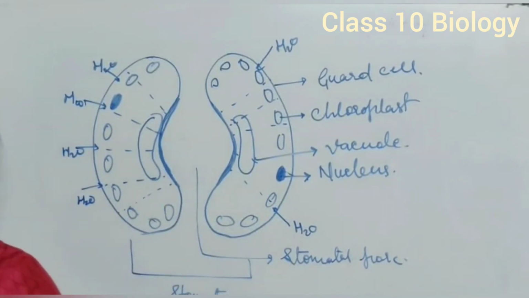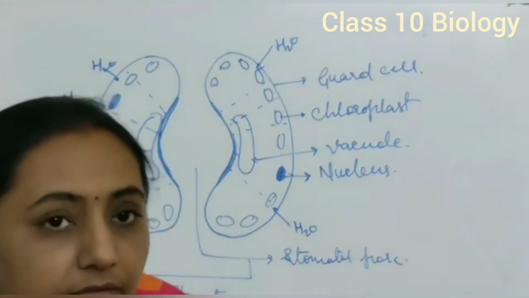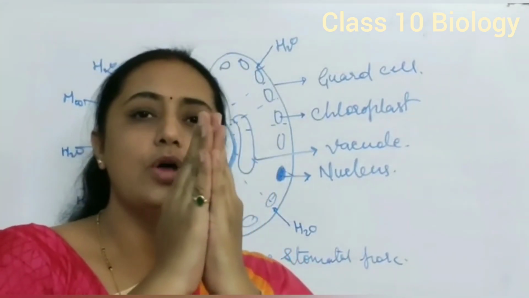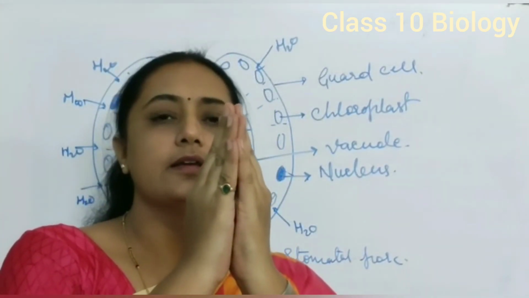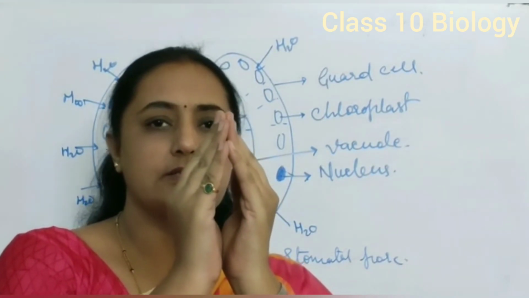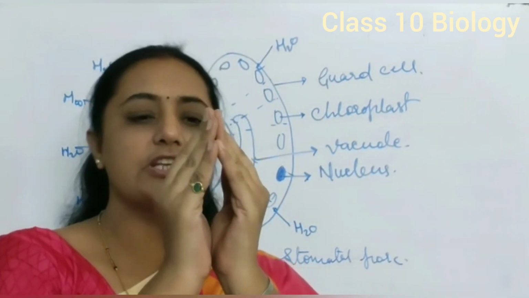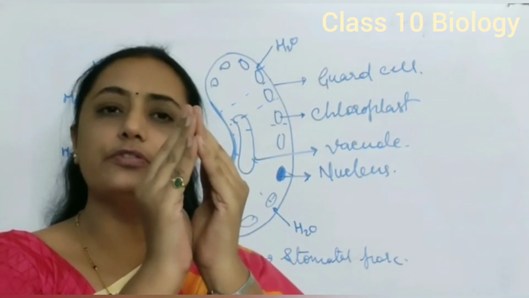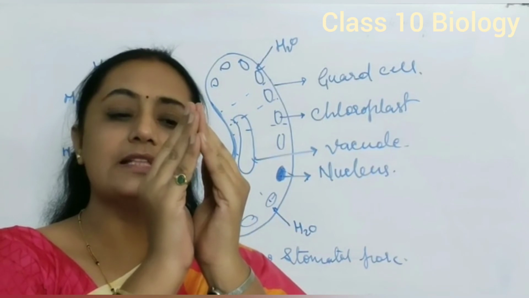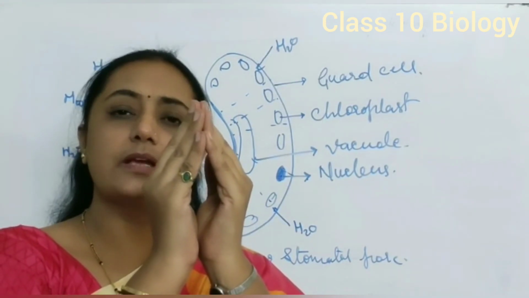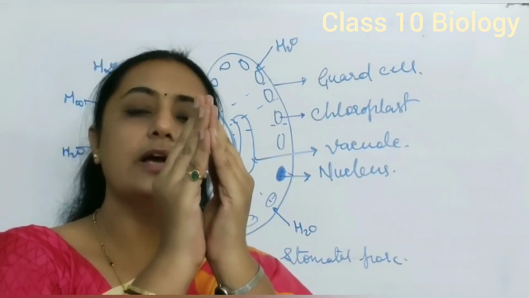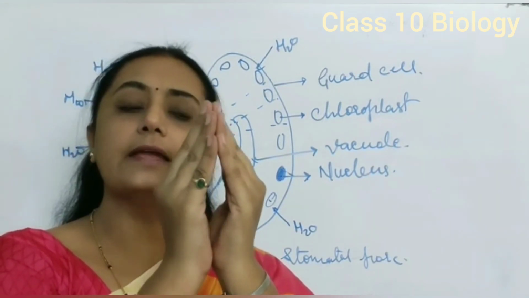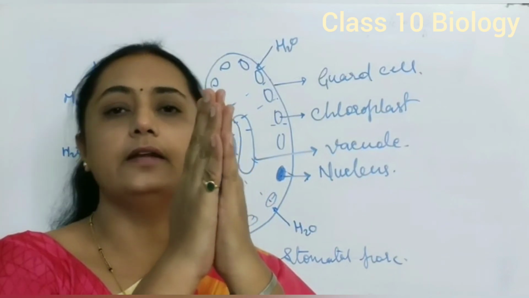So what is the function? Simple thing. We have to see like this. Suppose these are the guard cells. As soon as water accumulates, pores get open. The cell gets swollen up and the wall changes shape. As soon as water oozes out, is removed or evaporates from the pore, the cells have no water. Cells become empty. Now again they shrink and the pore gets closed. This is the simple mechanism of how stomata open and close.